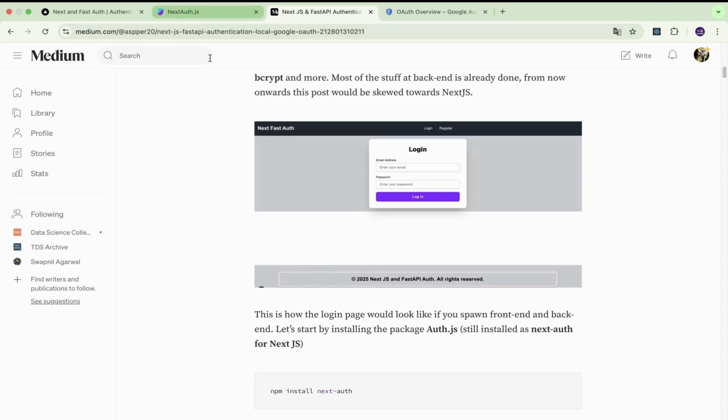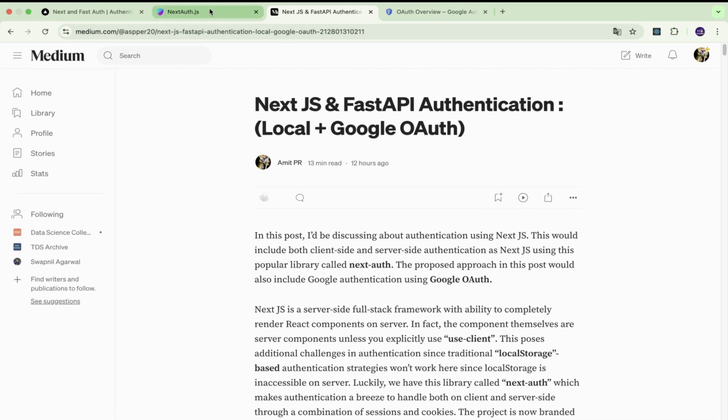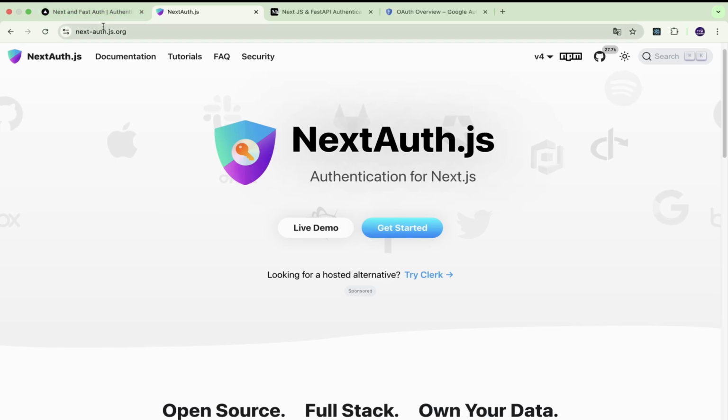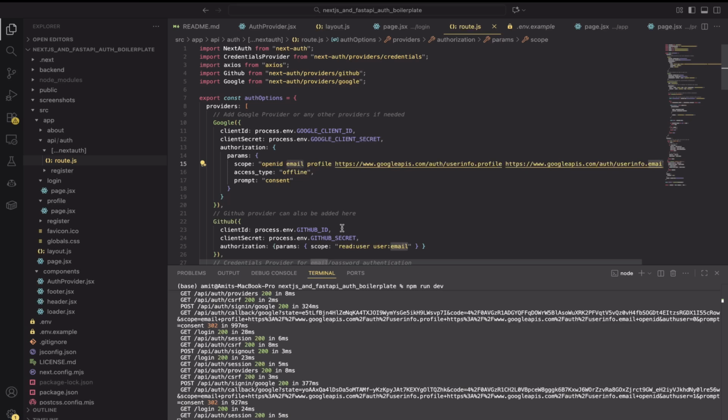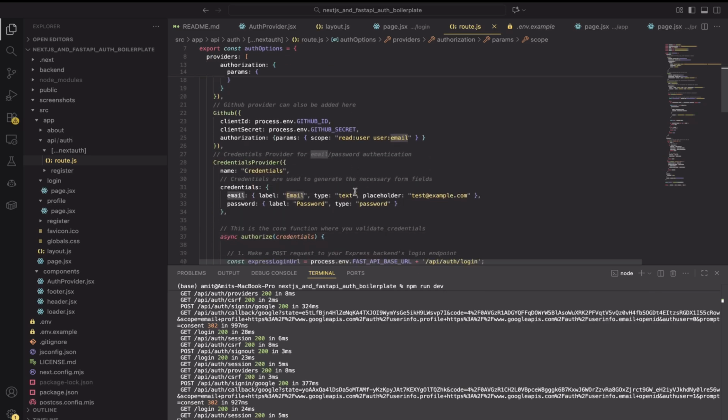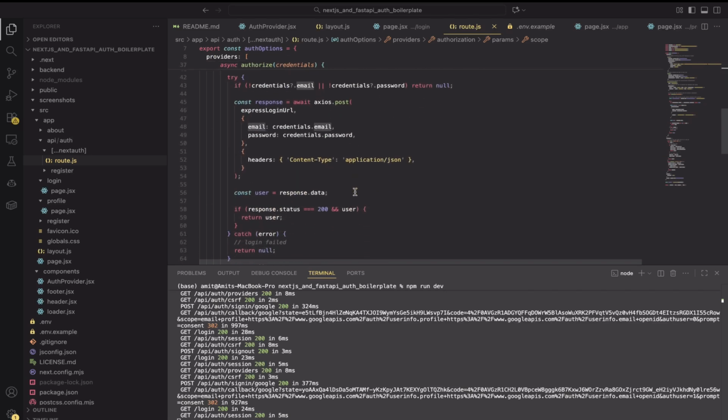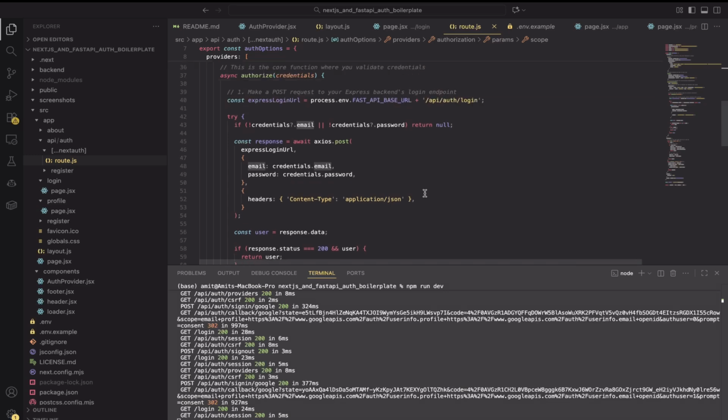So let's go through the repository. I would assume that you have some familiarity with Next.js and FastAPI, but the principle here remains the same. Even if you use a different combination, let's say you want to use Next.js with Django, this should work as well. There would be a few changes here and there, but the core principle is not